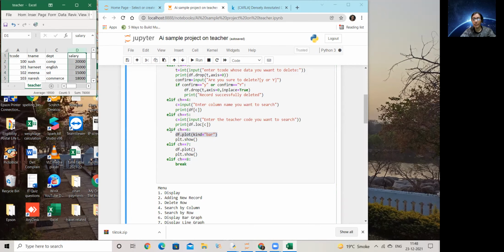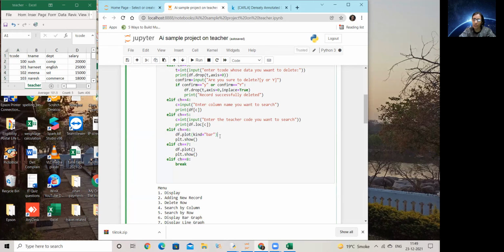If you have one column of numbers, you use the df data frame name dot plot with kind equal to bar for a bar graph. Then automatically the index becomes the x-axis and the numeric values of the data frame become the bars. Even if there is not one column, if you have multiple, then in a line plot multiple lines come, but in bar it becomes a problem because it overlaps the bars. So if it is a single column of numbers, then automatically that column is picked up and plotted. It all runs on default settings if you do it like this.